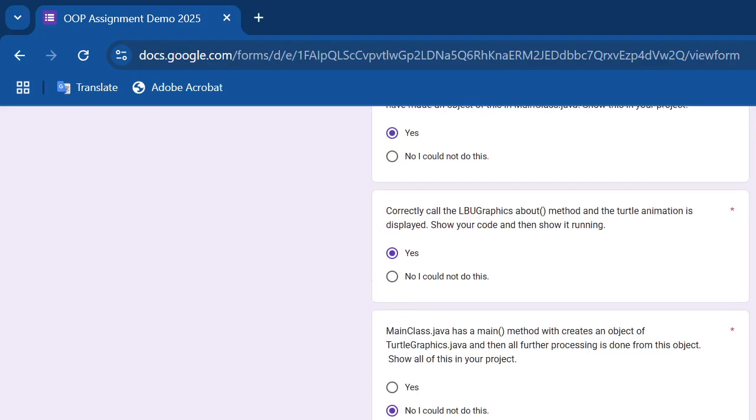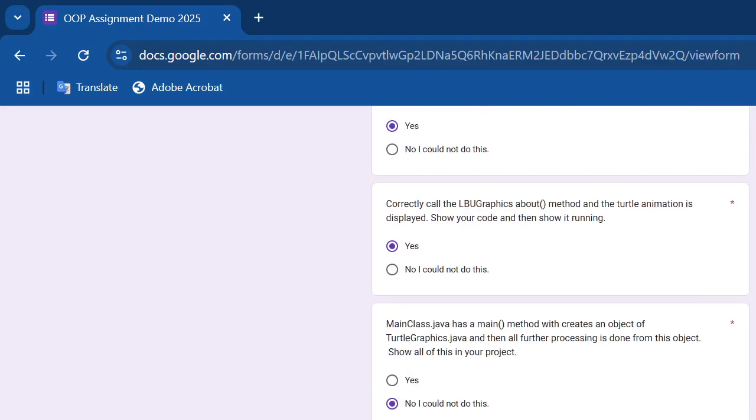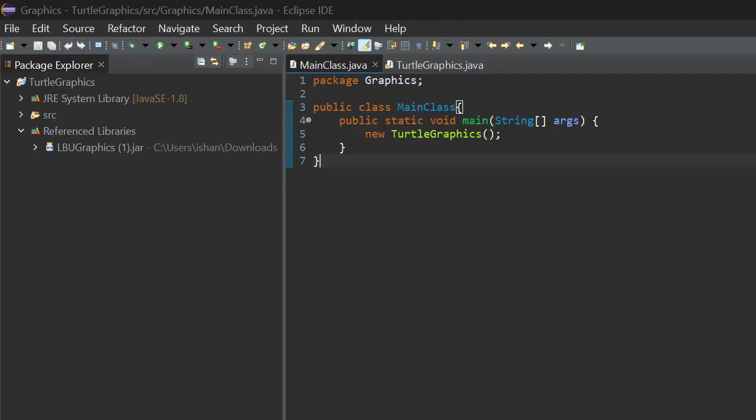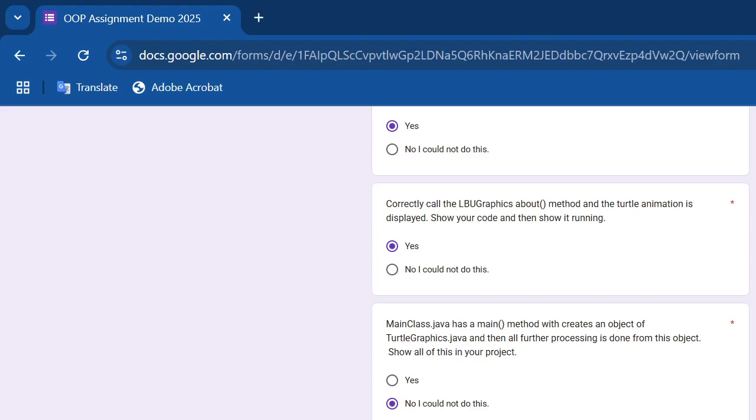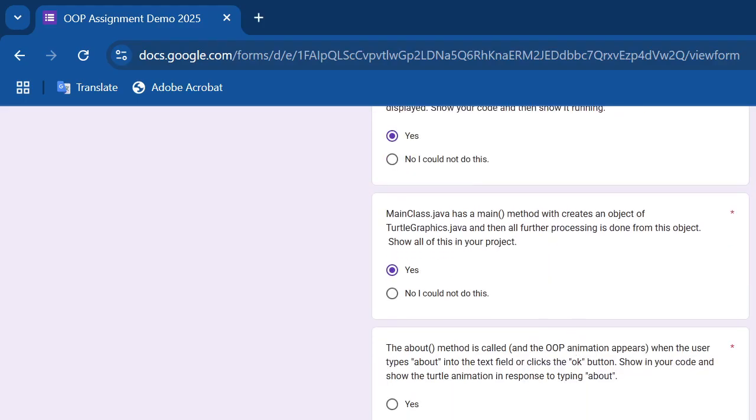Another one. The main class Java has the main method which creates the object. As I have shown before, there is the main object of total graphics in this main class of Java. The about method is called when the user types about and clicks the